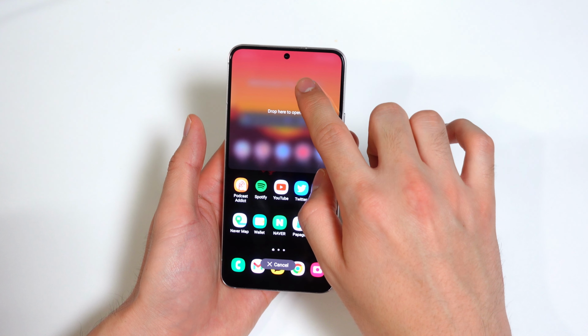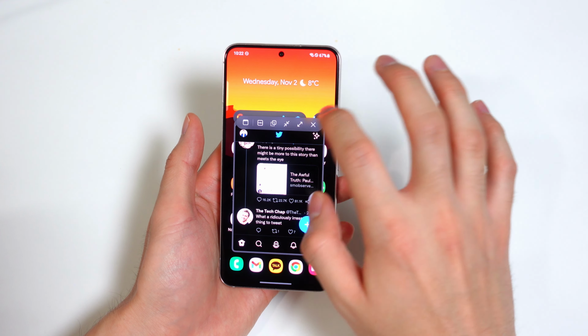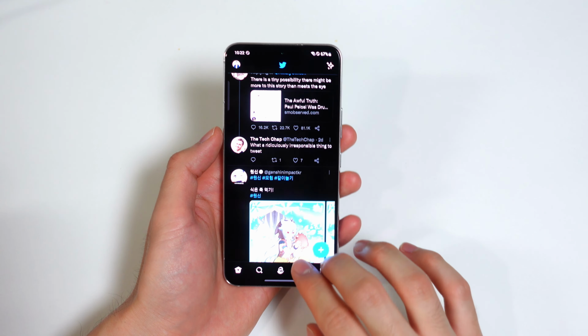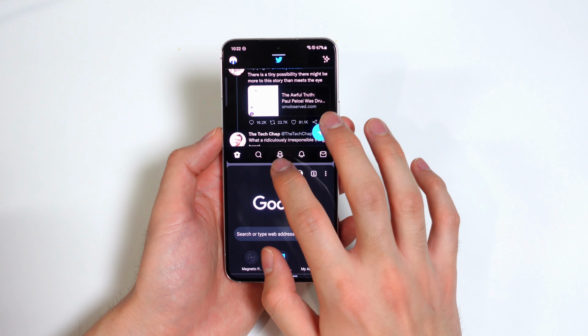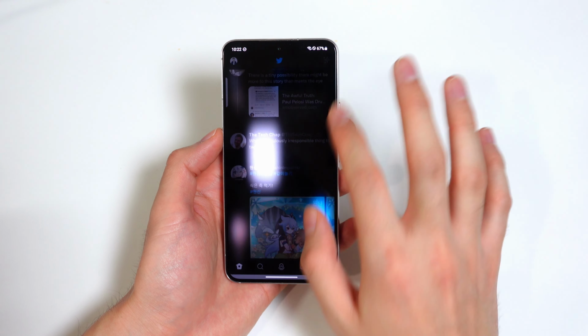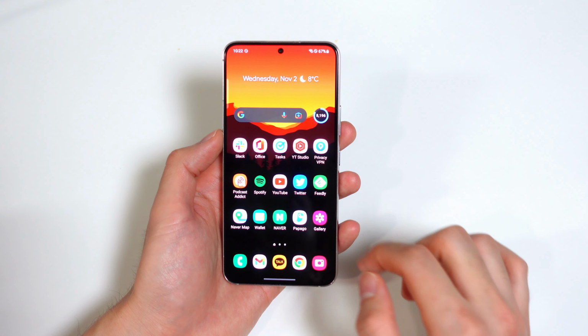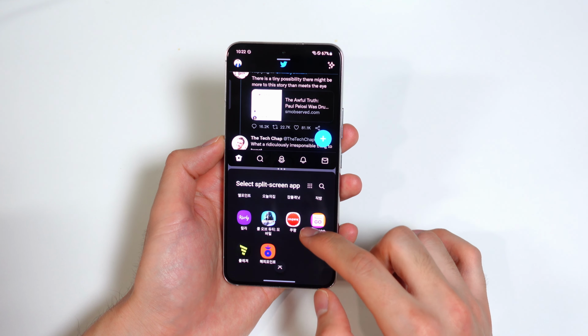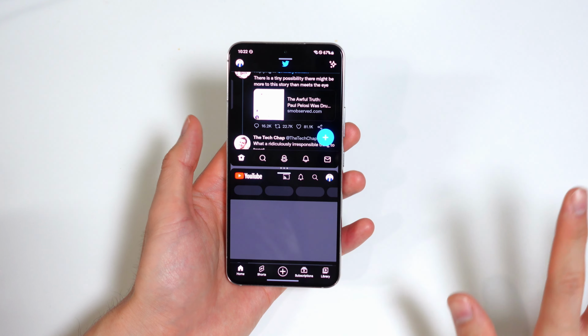I really love what Samsung's doing here with multitasking. For power users like me, this is a huge lifesaver. Just do this. I can open Chrome. I can do my browsing, whatever. Let's say I'm back in Twitter, and then I want to just split screen this, and oh, YouTube, of course. YouTube. I'm going to be doing this a ton.